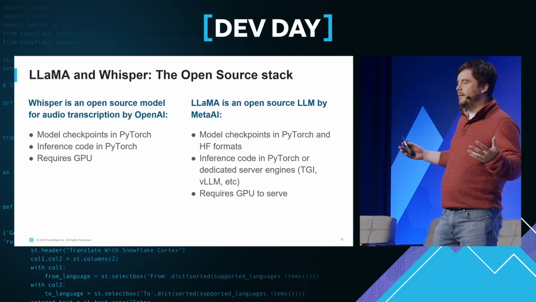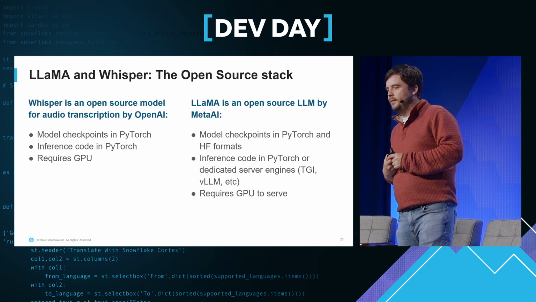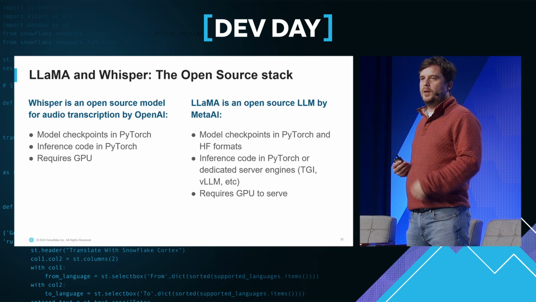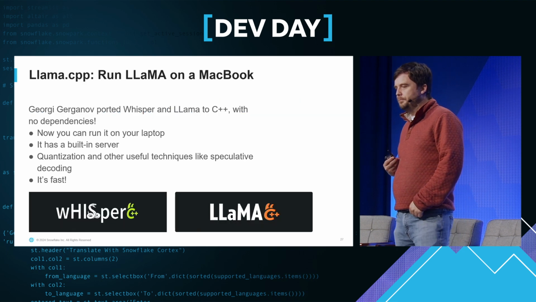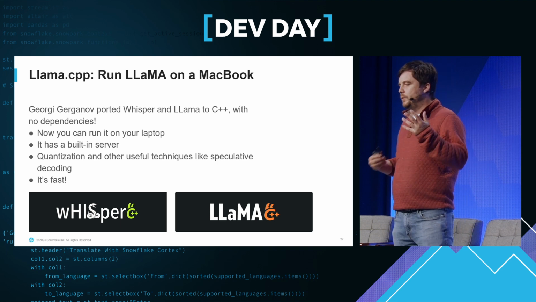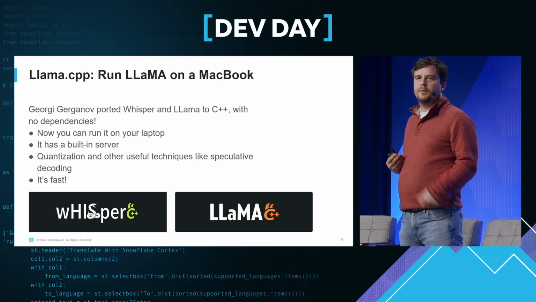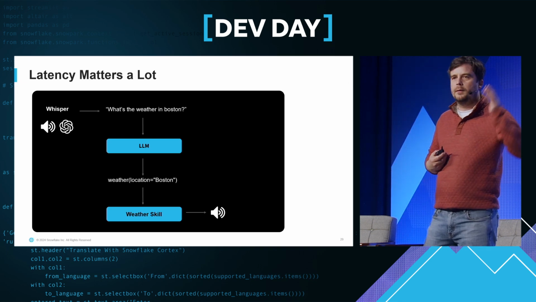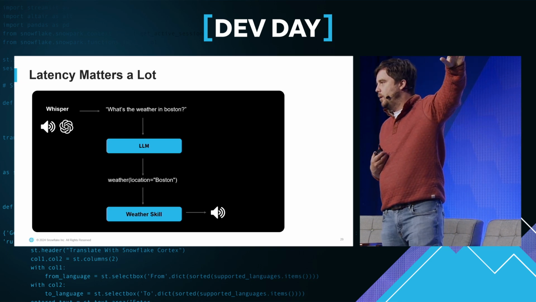So there's an amazing open source stack available now. I mean, this is just one way to do it, but I used Llama and Whisper. That's the real hard work here, and it's really, really impressive and getting better all the time. Llama CPP, an incredible library where for free you can run Llama 2, Llama 3 on your MacBook. You can even run on this $200 device. It's really incredible. And I would also say that Whisper is getting better all the time, and it works super